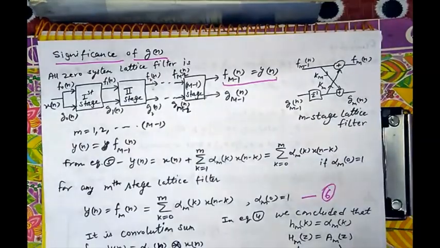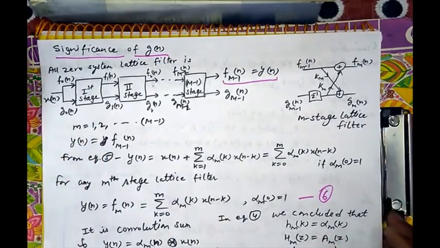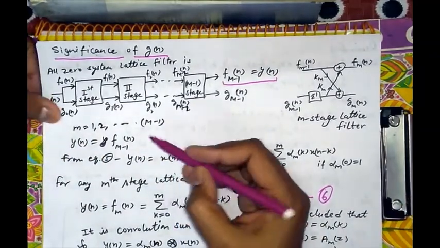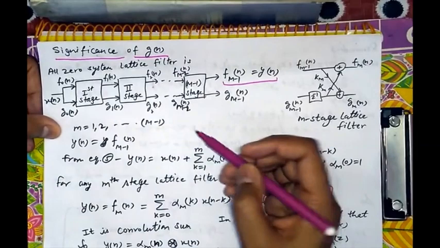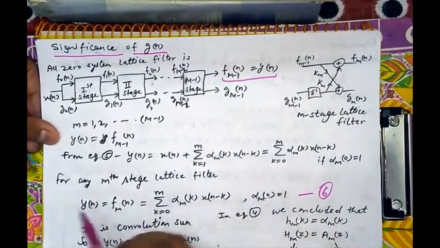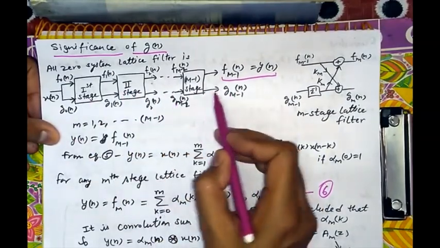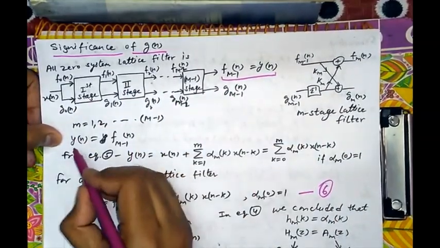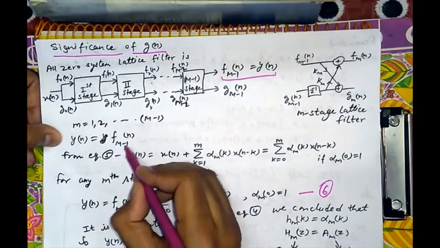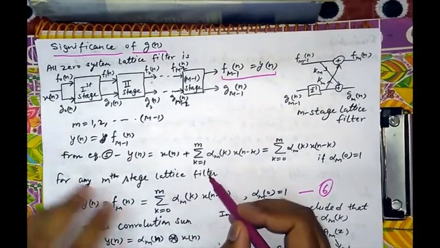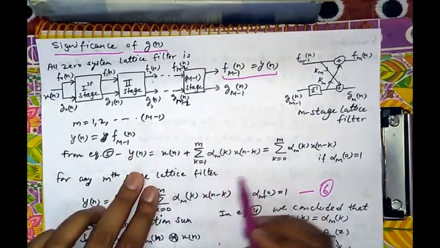That is why we need Gn. Second most important reason is that it is backward, actually we will study it in detail. Now we have multiple stages, 1, 2, 3 stages or so on, M stages, and we know that the output is the last stage, Fm minus 1, and suppose, from equation number 5, again I have written it,